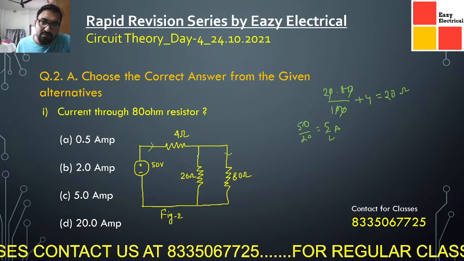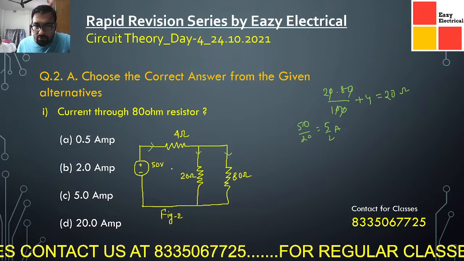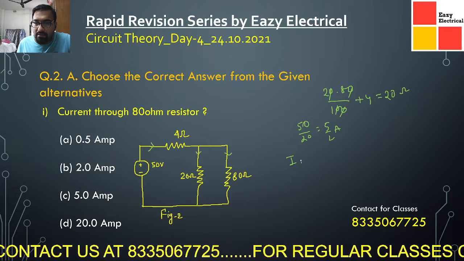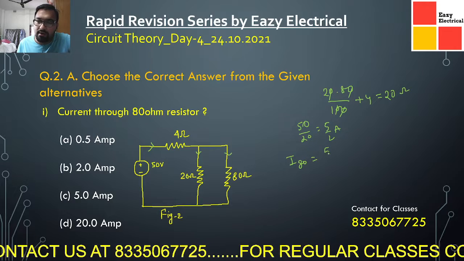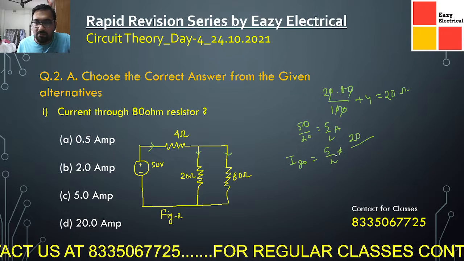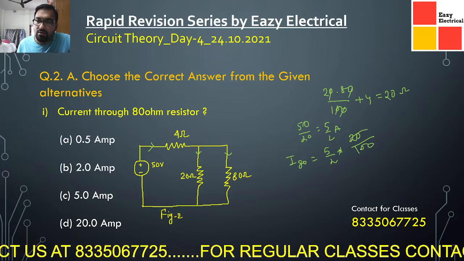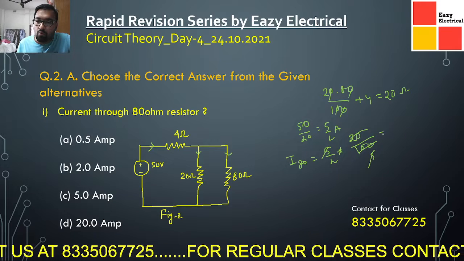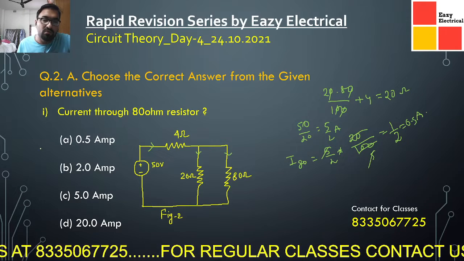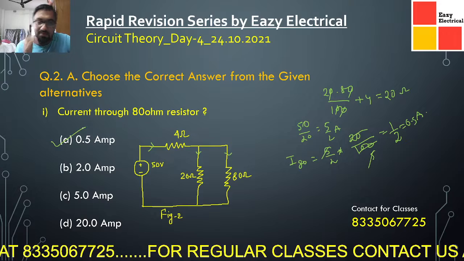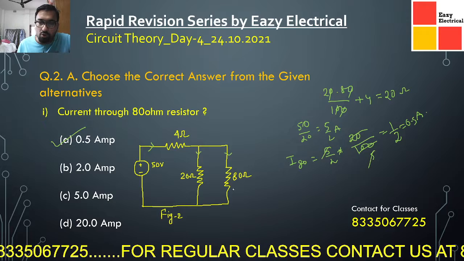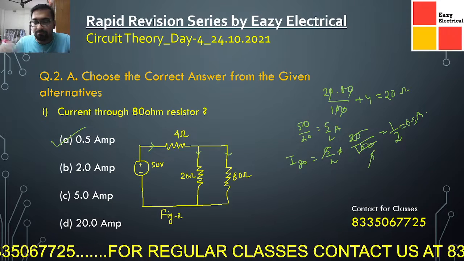Now this 5 by 2 amperes is getting divided in the ratio of whatever current is going in each direction. So current through 80 ohm, suppose I80, will be how much? Total current multiplied by opposite branch resistance divided by the summation of both the branches, that means 100, right? So you can see here, 1 by 2, that is 0.5 amperes will be the correct answer, right? 0.5 ampere will be the correct answer. You just apply the current division rule. I have just applied the current division rule: total current into opposite branch resistance divided by total resistance.